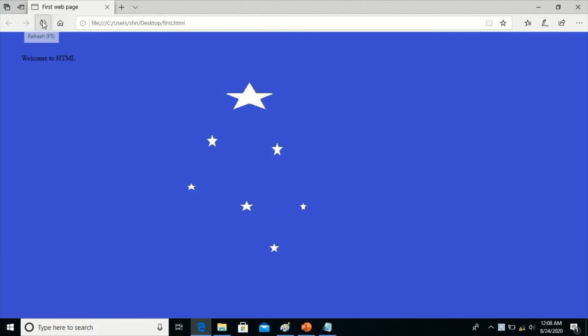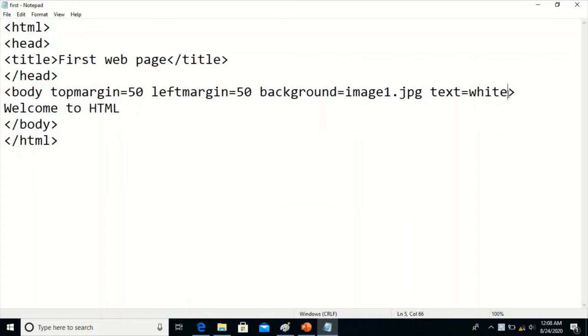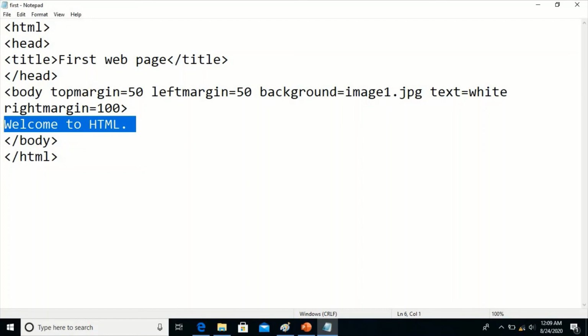Refresh the page. Let us use right margin. Let me add some more content so that right margin can be set.